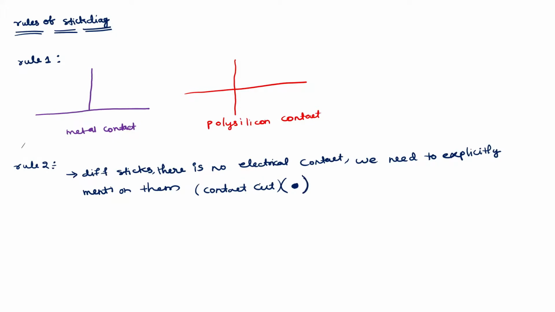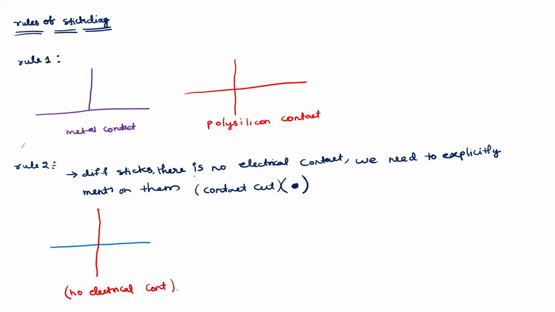If I explain with the help of a diagram, it will be very clear to you. Let me take two different things. One is, for example, a metal. This is a metal, and there is a polysilicon which is passing over this, something like this. Polysilicon is going through. This does not imply that there is a connection between these two things. Both are placed one above the other, so there is no electrical connection or no electrical contact.